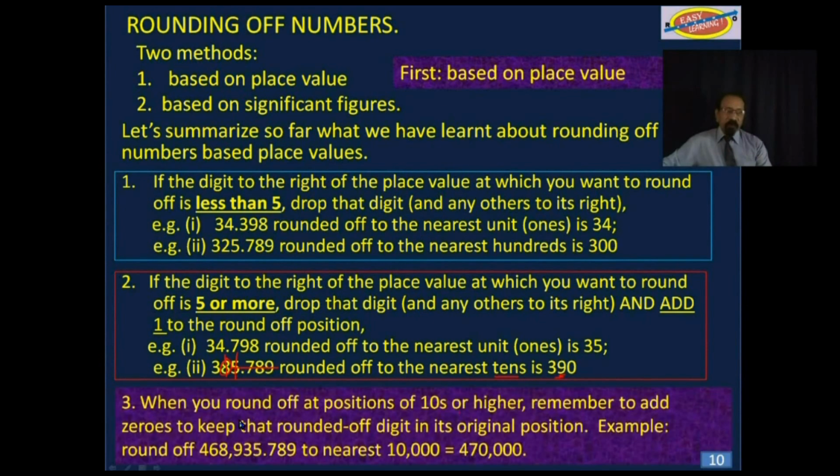And the third one we have been looking at all along the way. If you are rounding off at positions of 10 or higher, remember to add zeros to keep the rounded off digit in its original position. We had an example here with that 390. We had an example here with that 300. And now, if you have to round off